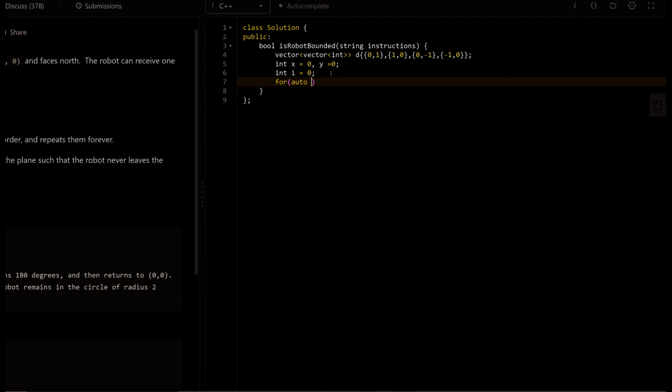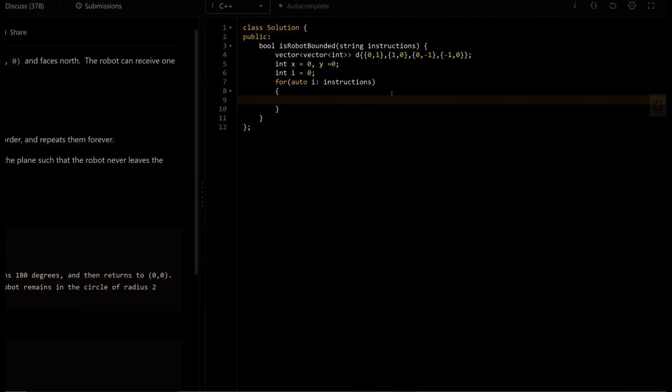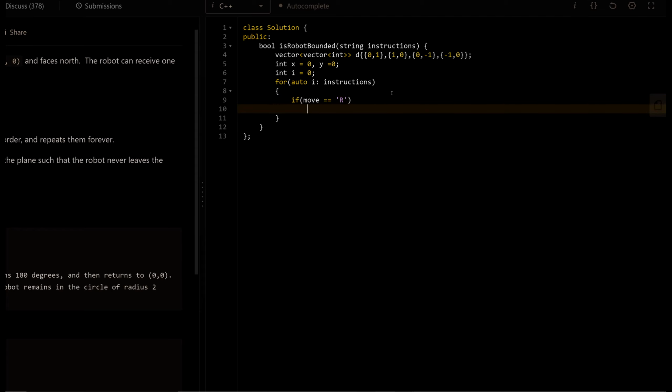Now I'm going to iterate over my moves. If my move is R, a right move, then I want to increment the index.